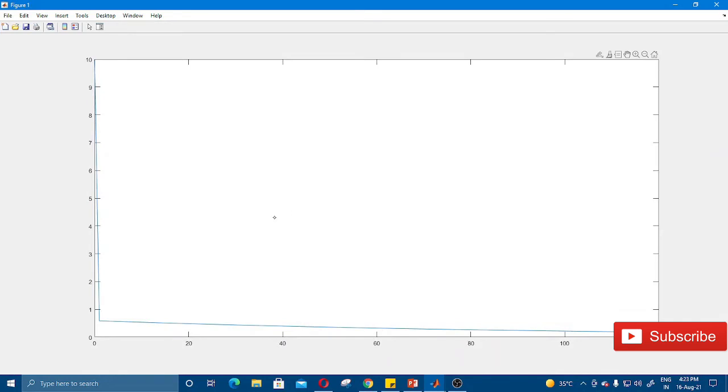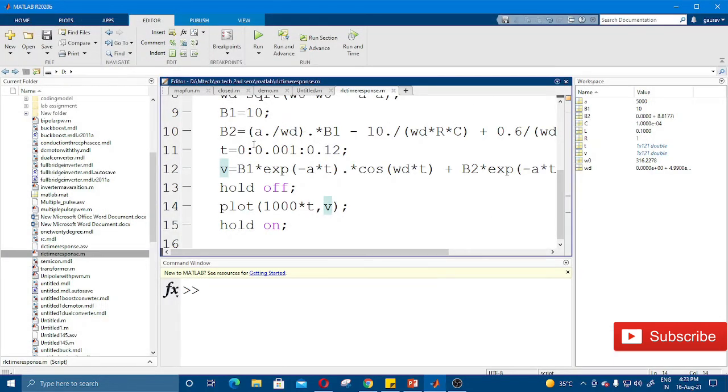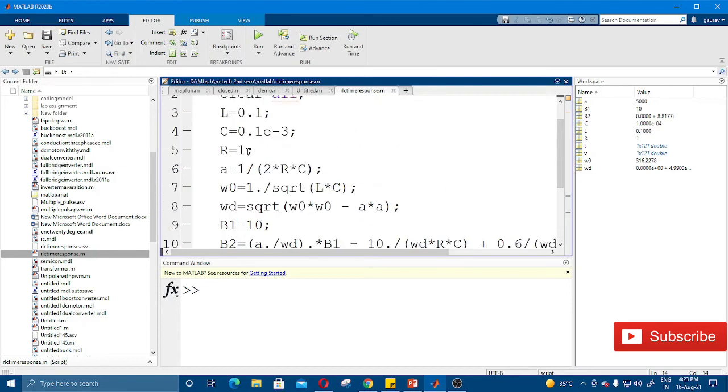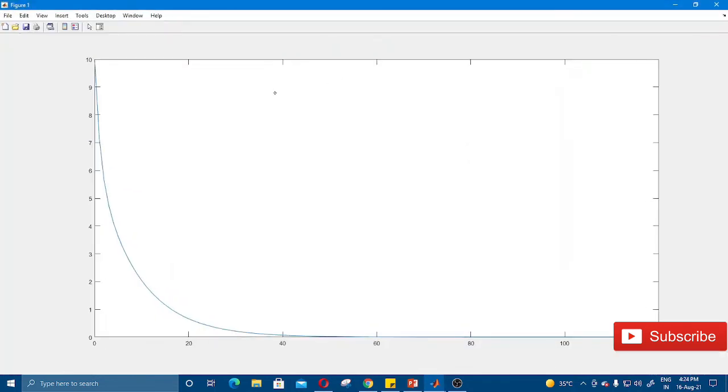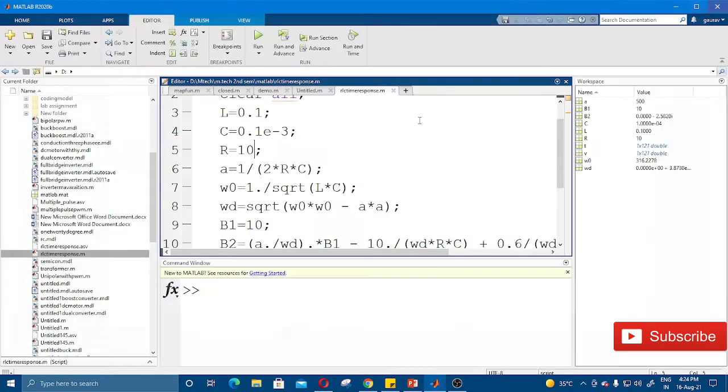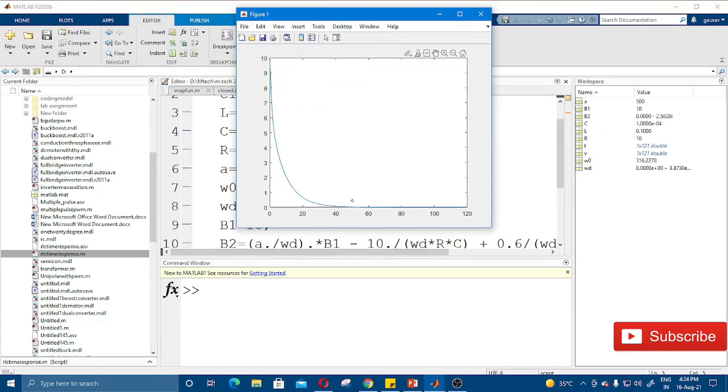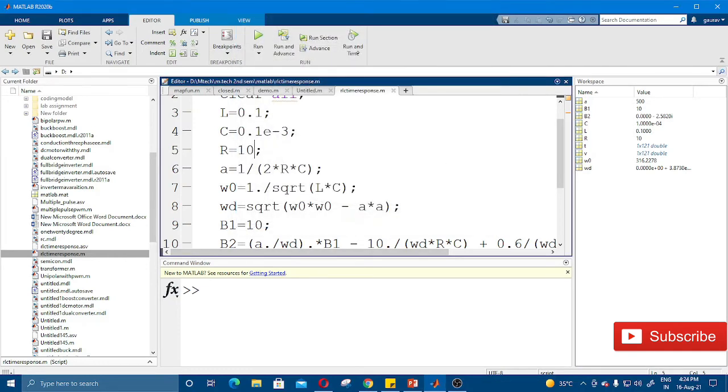For R equal to 1, you are getting the response, as you can see, you are getting 0 here without any oscillations. Okay, as I increase the value of resistance, let's see the effect. R equal to 10 ohm. Now you can observe the smoothness. You are getting some rise time here, and then the output is going to settle at 0 volt. Further, this is the case of overdamping. There is no oscillation here. This is the case of zeta greater than 1.